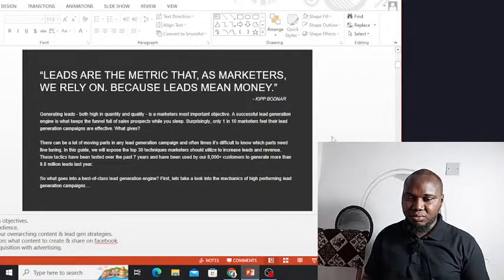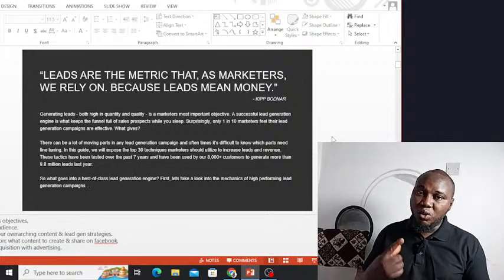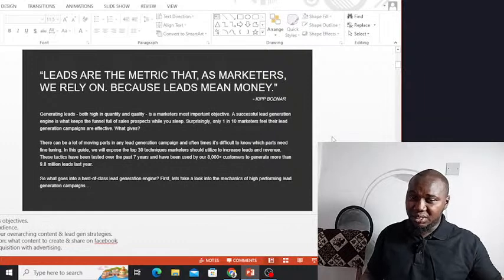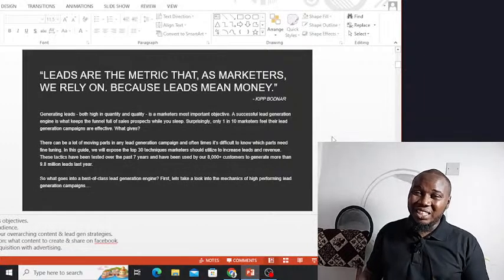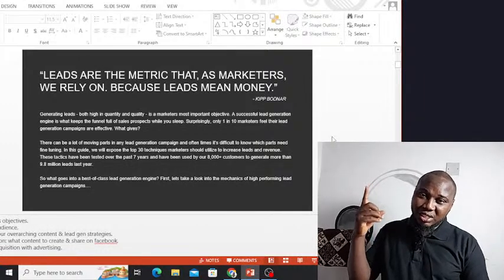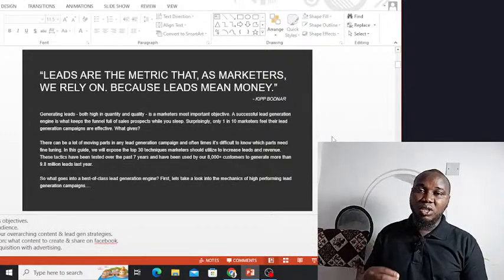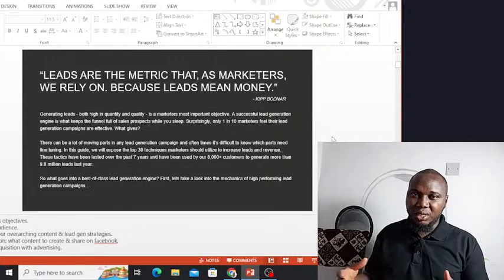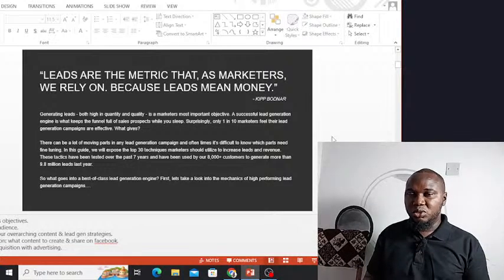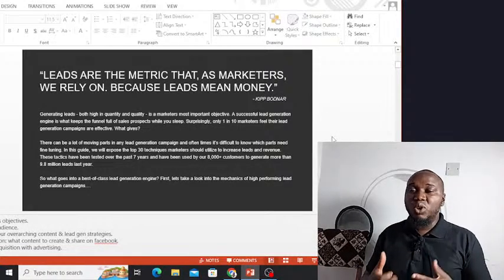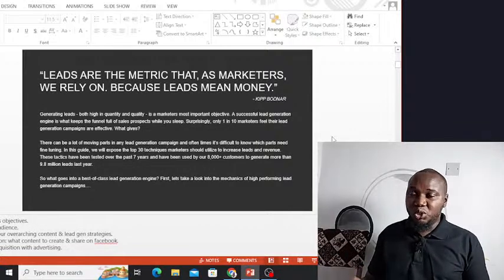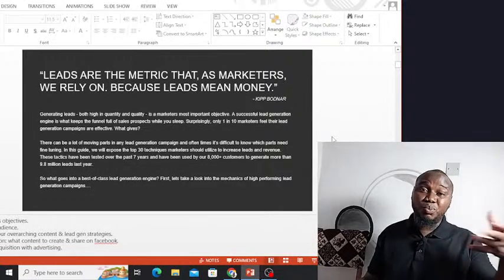Lead generating both in quantity, meaning in numbers, and in quality, meaning that one lead generated is actually a qualitative person, somebody who is highly likely to become your customer. So that is a quality lead. When you get a quality lead, you get somebody who is truly valuable to you. That's your cost per lead.